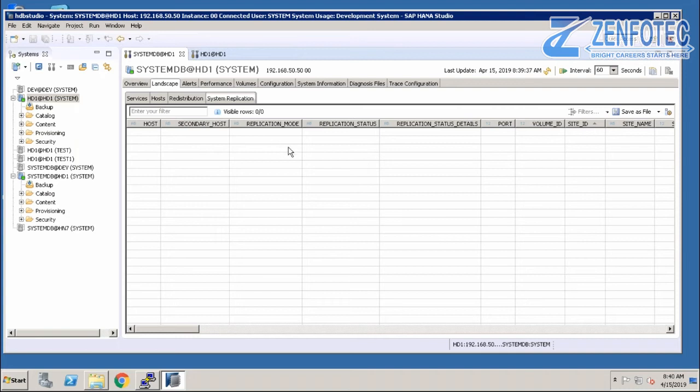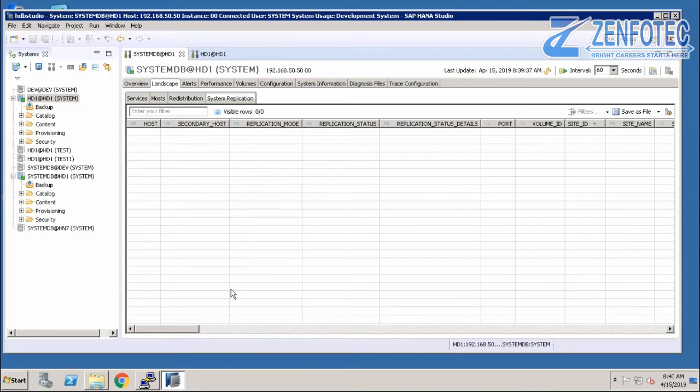And the replication mode you have configured, the status of the replication, the last log ship, basically the last save point, last save point log position. Basically, it is used to monitor your replication, that is, to monitor your primary and secondary database.